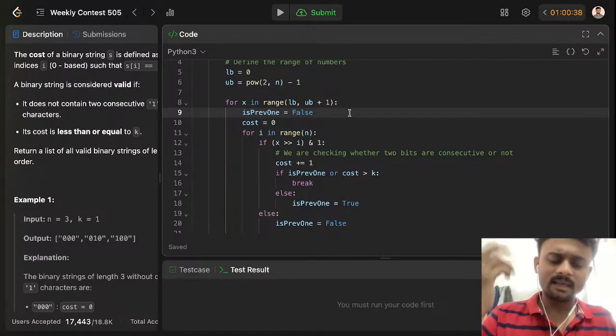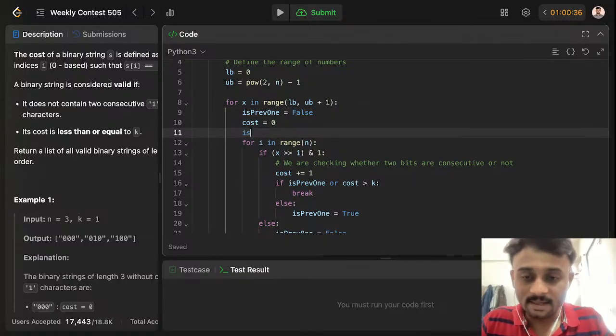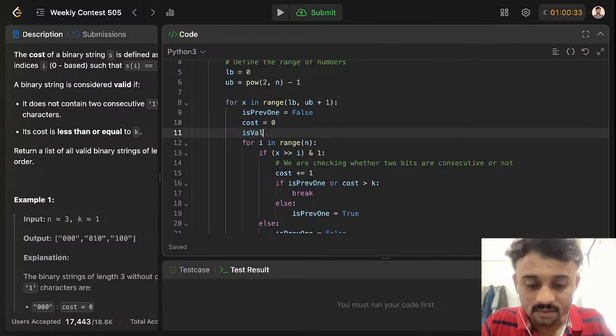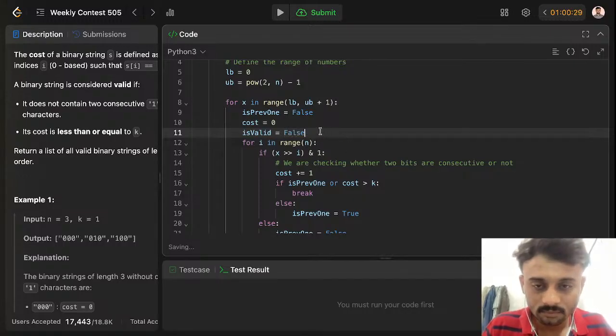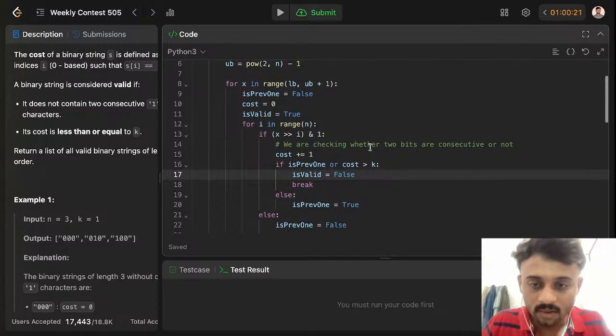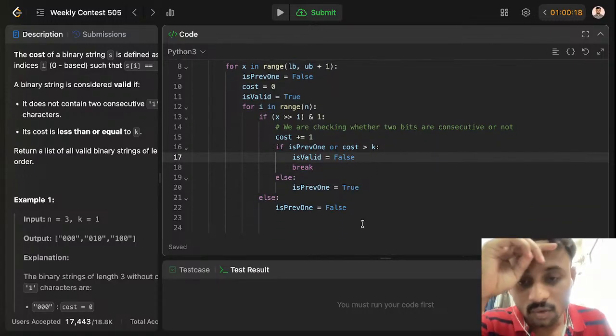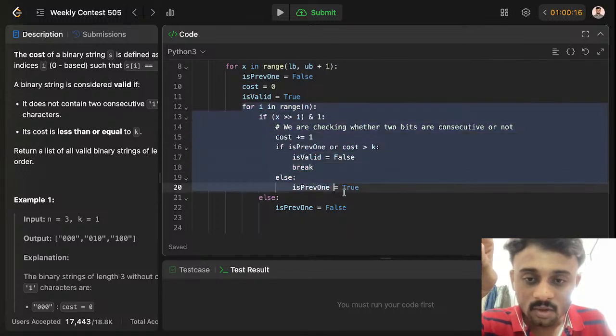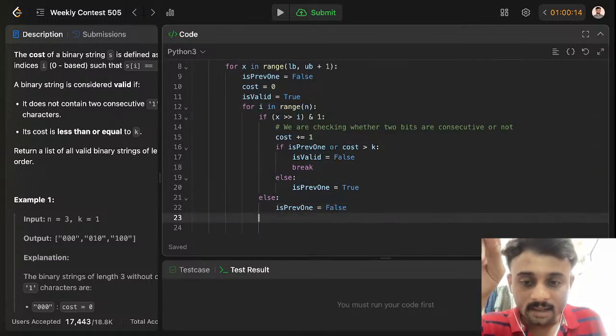I'll take a flag is valid, that is equal to true. But if we are going here, then is valid will be false. So after the loop completes, I'll check if